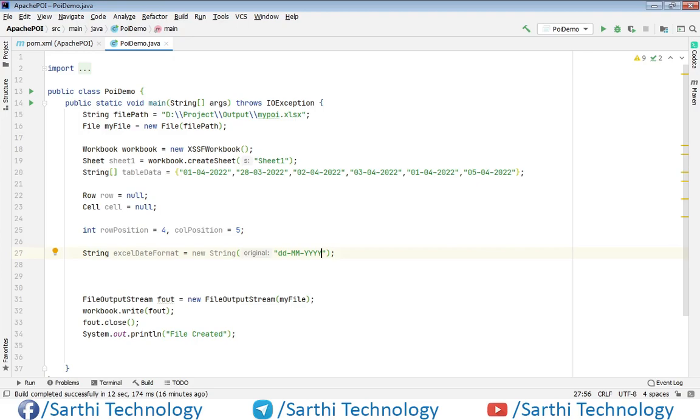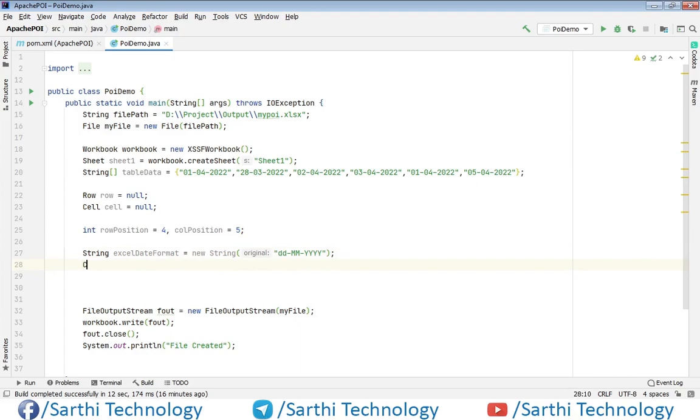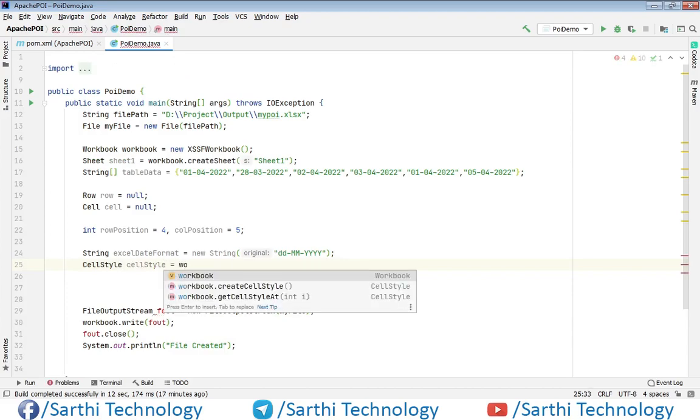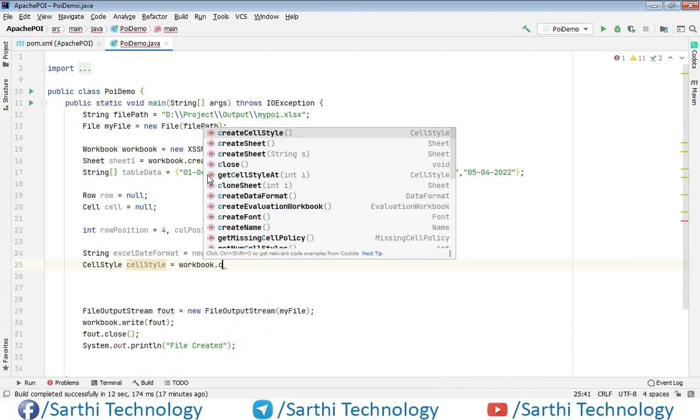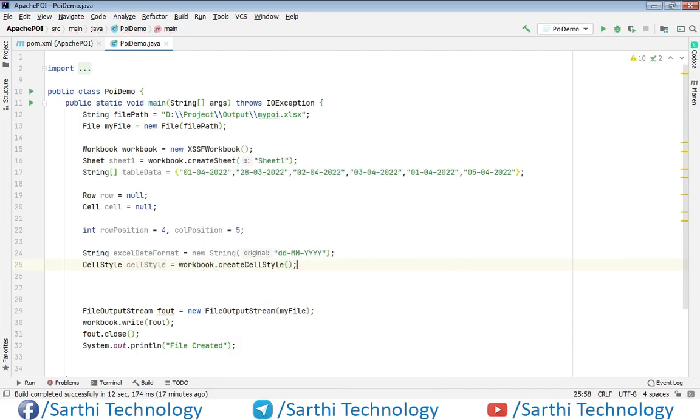Next we need to create one cell style object. Use this workbook dot create cell style.